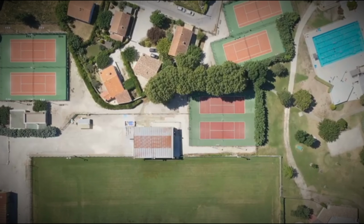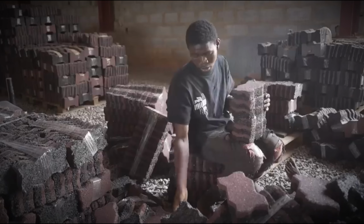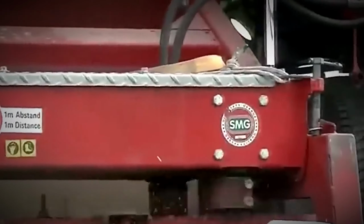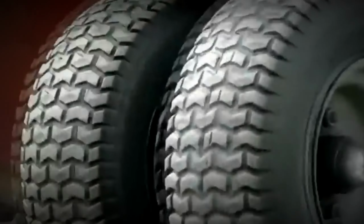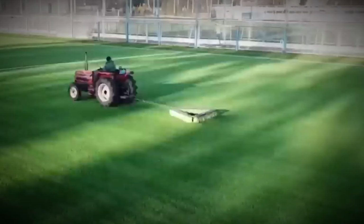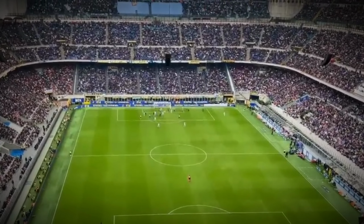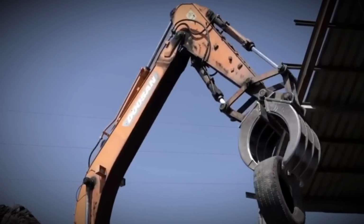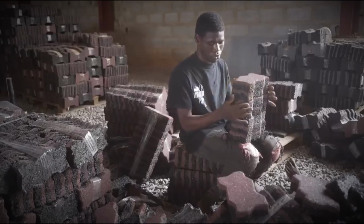What looks like ordinary grass is actually a hidden monument to recycling, made possible by mountains of old tires. Here's the staggering part: building one football or soccer field requires 20,000 to 40,000 tires. Across the US, over 13,000 artificial turf fields now exist, meaning more than 260 million tires have already found new life beneath athletes' feet. That's nearly an entire year's supply of discarded tires, transformed into something useful, and the benefits